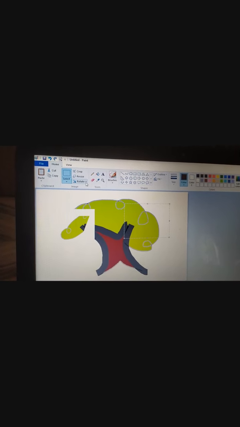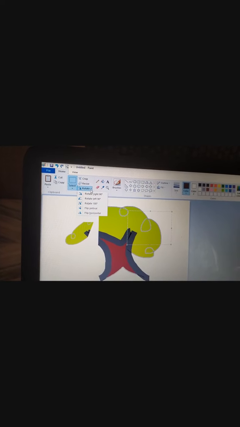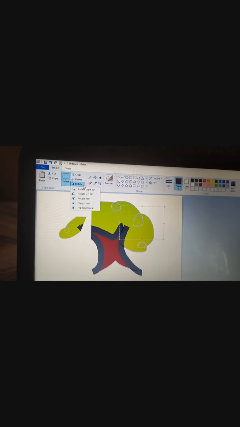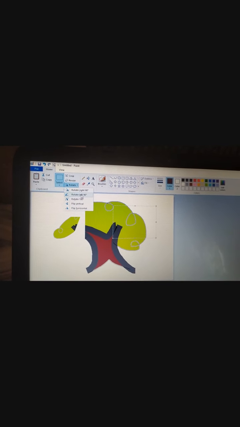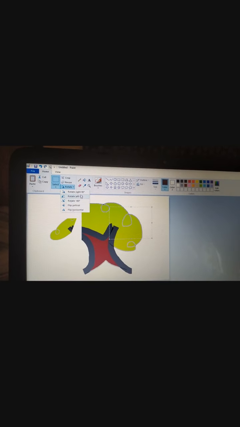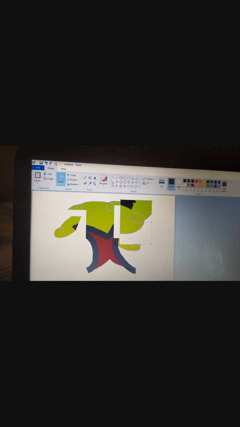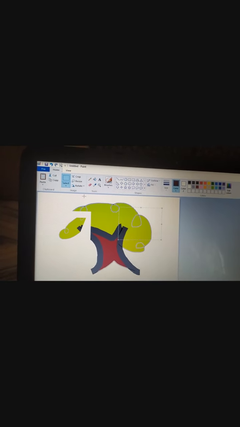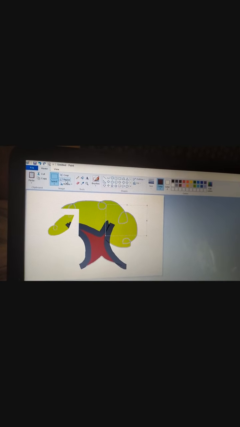Now, click on the rotate button in the image group. See, certain options are there. For rotate, we have rotate right 90 degree, rotate left 90 degree, rotate 180 degree. Now let us first select rotate 90 degree. See, the part of the image is rotated by 90 degree. Rotate left 90 degree. See, again we have got back the original image.